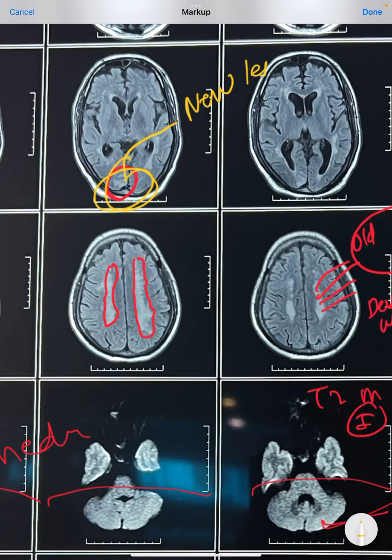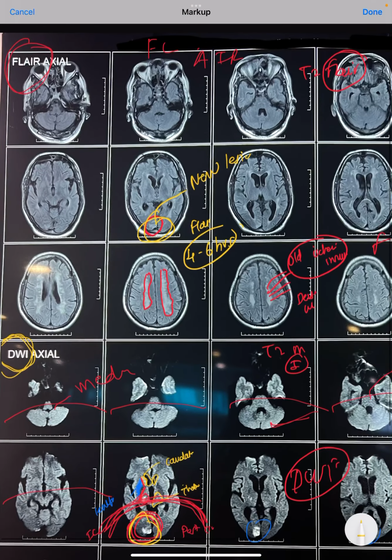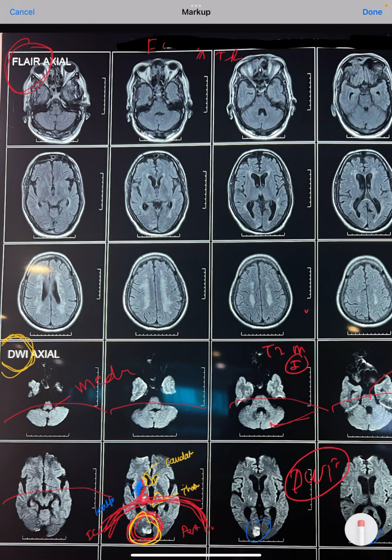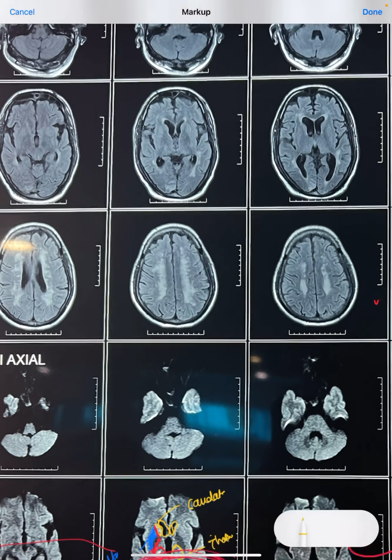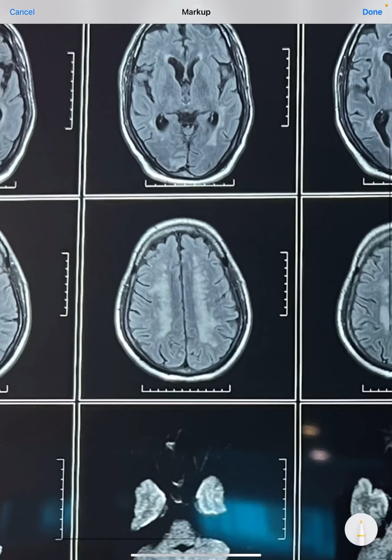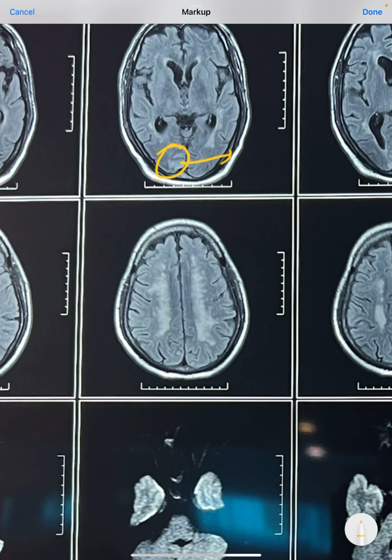Now we must know that FLAIR picks up the lesion if the ischemic injury has been there for at least 4 to 6 hours. So we can utilize this for the wake up stroke. Whenever any patient presents in the hospital with wake up stroke, then we actually don't know how many hours before this patient had ischemic stroke. That time we can do MRI brain with FLAIR, and if the FLAIR does not show these ischemic changes, if the FLAIR does not show this hyper intense lesion, it means it's been less than 4 hours,